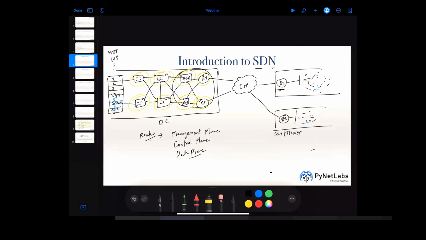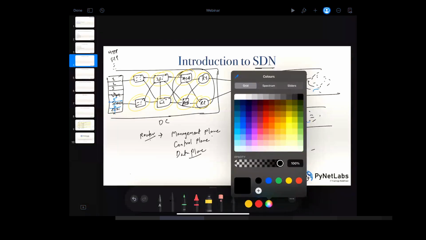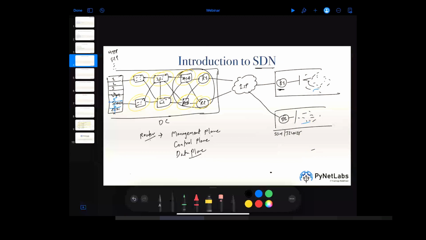Okay, and when we look at the responsibilities of these planes, the management plane is responsible for allowing you to configure that device with the help of either CLI, GUI or something else. Then the control plane is responsible for taking forwarding decisions. So when we look at how a control plane would behave, you can imagine, for example, that this is the control plane of a device,